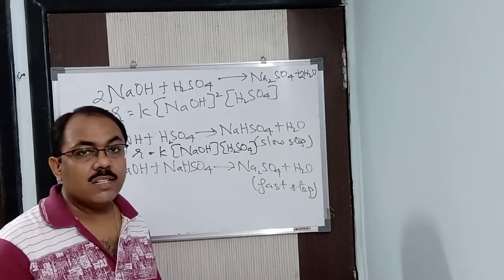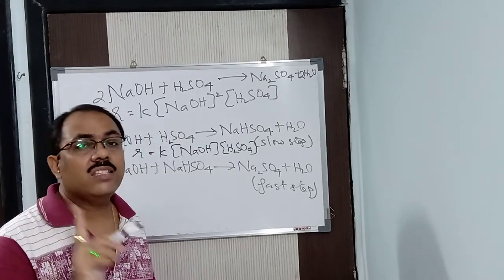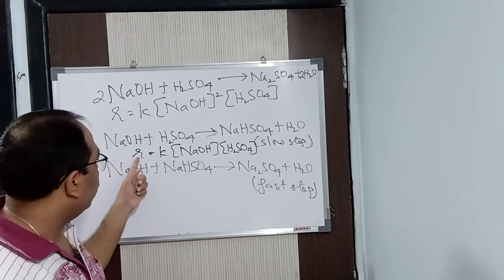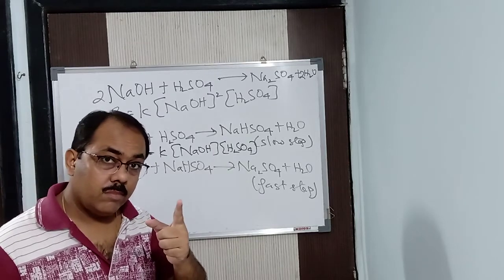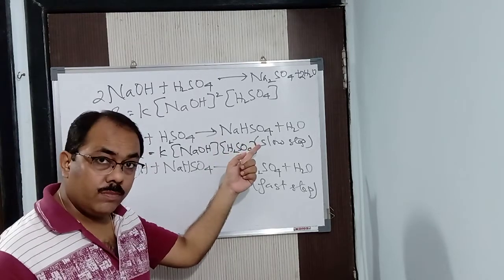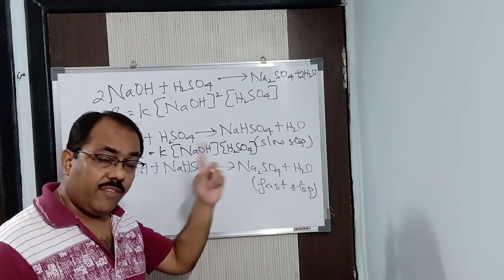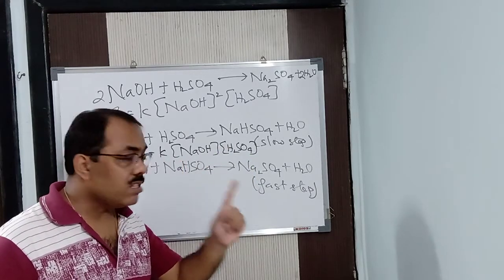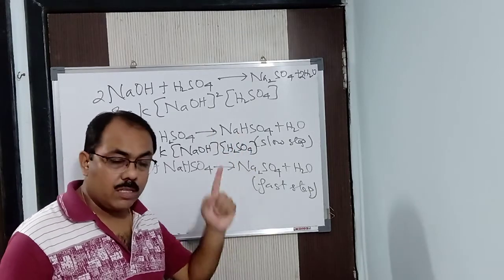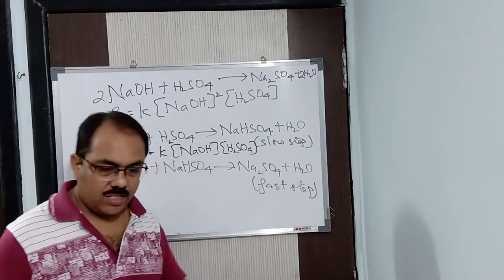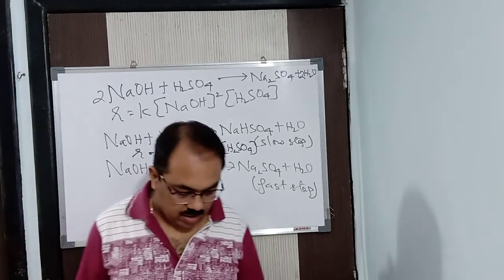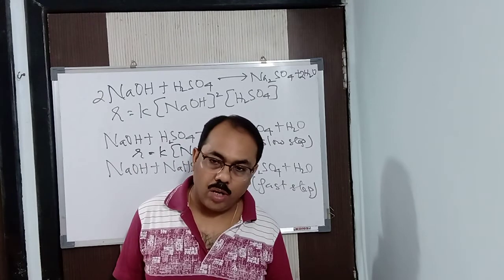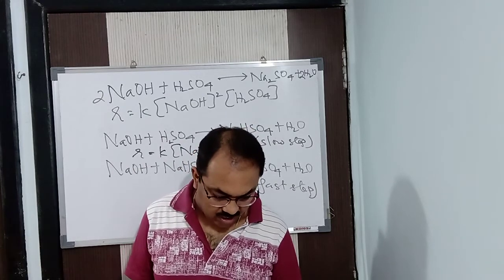So for that reason I said, if a reaction is completed in one step, then the law of mass action and the rate law, the rate equation, are the same. This is the algebraic equation which I have given you. But if it is completed in several steps, then the slow step is the rate determining step. Once again, let me tell you the statement about the rate law, the rate equation. The rate equation for a reaction is an algebraic equation showing how the rate of the reaction depends